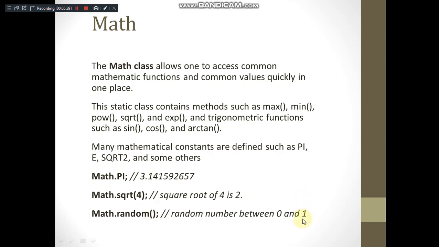Then it is generating a random number between 0 and 1, and it will be a floating point, isn't it? Because by default all the numbers in JavaScript are floating point, having floating point precision. Unlike C, in C we get the integer, right? If we say a certain number, it is treated as an integer, whereas in JavaScript it is treated as a floating point by default, right? So it is returning a floating point number. If you want to return an integer value, you have to explicitly specify it by means of type converting or